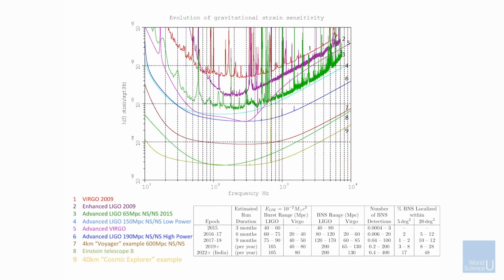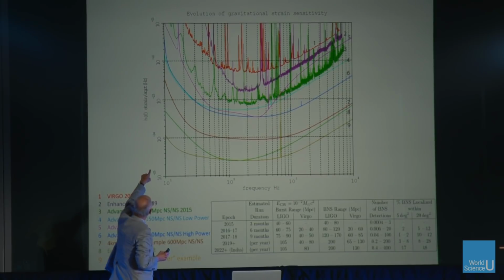What you see, that top curve, the red curve, is the very first run that we made. It's Virgo's first run. And what you're seeing in this plot is frequency. It's very much like the theoretical plot we had, frequency versus strain. And so you have an idea, here is 10 to the minus 25 in strain per root hertz. The next thing up is 10 to the minus 24.